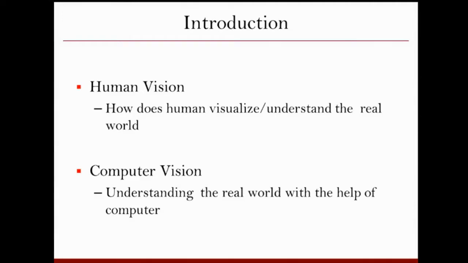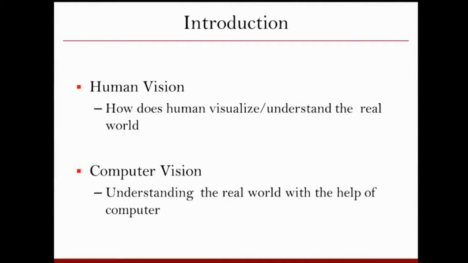When we say human vision, what exactly do we mean by that? We basically mean that when we see something through our eyes, our mind processes it, and based on that, we get some interpretation of the scene, and then we take certain actions. For example, if you are in your room and you have to go out, you look around, see the door, and your mind says you should walk in this particular direction to go out of the room. So you walk in that direction, open the door, and go out. That is how human vision works.